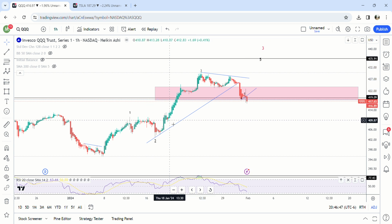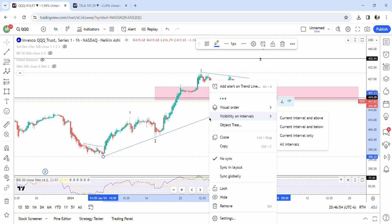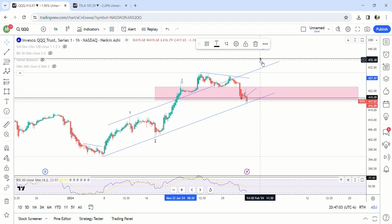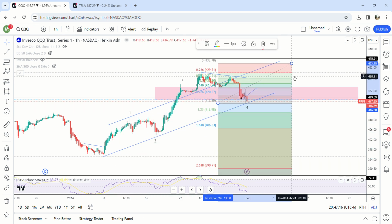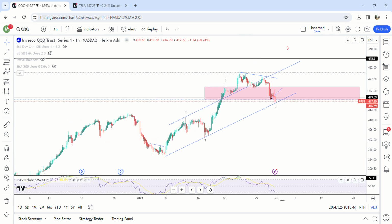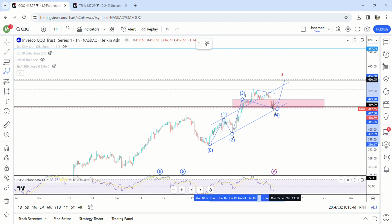You could say right here that this was 5 waves already. So you see 3, 4, 5. Excuse me. It's also possible that this is a 4th wave. We got 5 waves down from the top. This would have to be a B wave. If that's a 4th wave, then I'm looking at this as probably going all the way up here to about 434. So that would give us another 4% higher over the next probably 16 days. So that's possible too. But either way, I think we're bouncing because